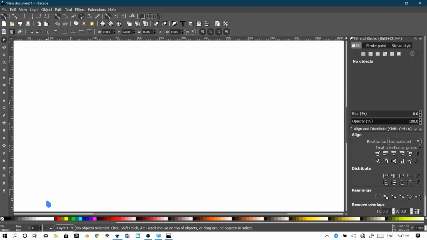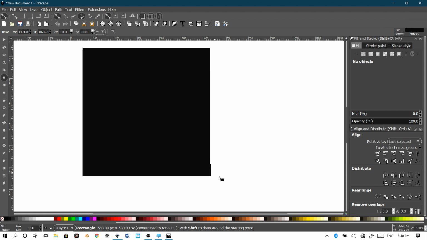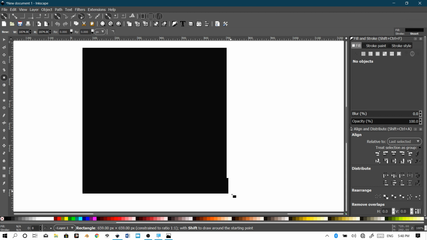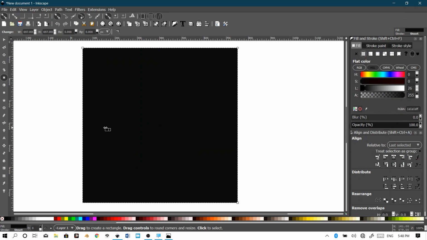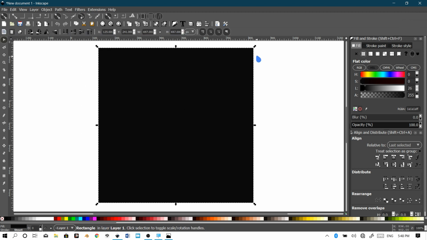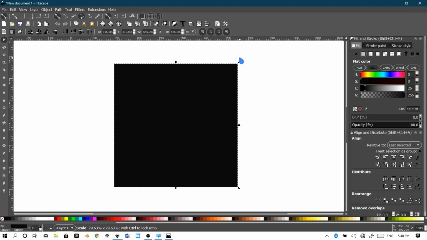Okay, now that we are in the same workspace, let's start by creating a rectangle or a square. So click the square or rectangle tool from the left toolbar, and by holding the Control button on the keyboard, draw a square or rectangle. Let's work with the square. Draw a square just about this size. Actually, let's reduce it to like here. Okay,